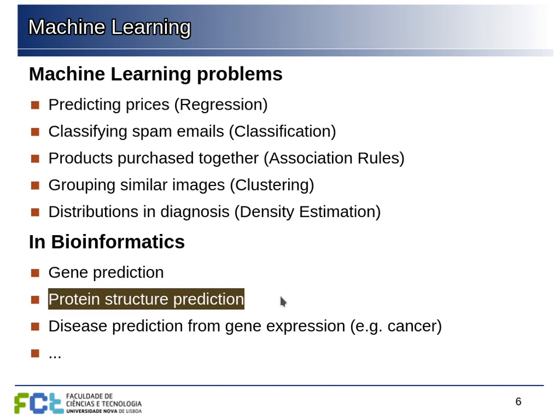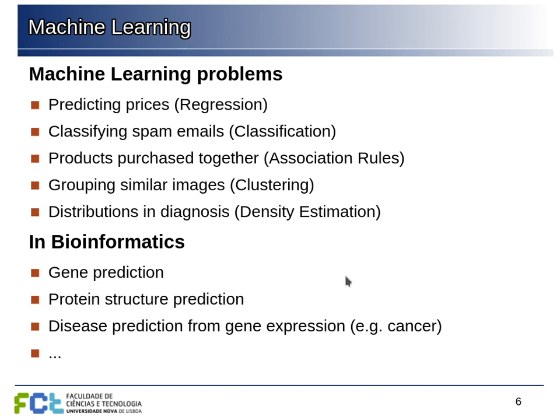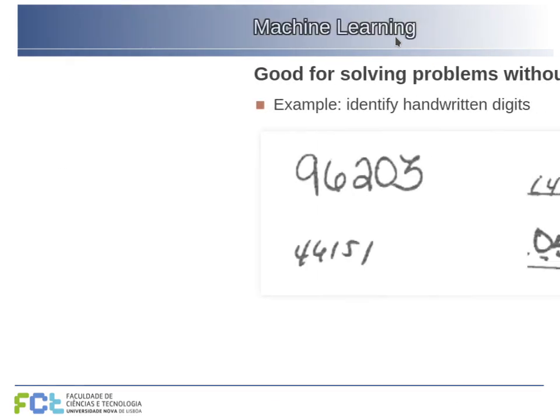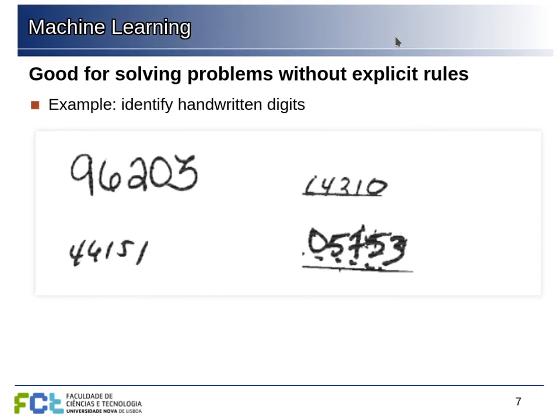Recently, for protein structure prediction with deep neural networks, there has been a huge advance in the ability to predict protein structures from sequence, and also in studying the patterns of gene expression in tumor cells and normal cells for cancer studies and so on. There are many examples here in bioinformatics. And machine learning is especially good for solving problems for which we cannot think of a specific algorithm or explicit